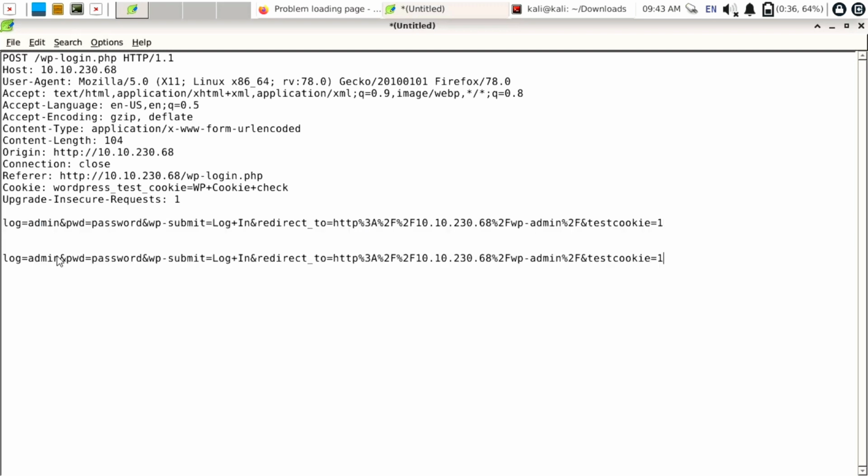Okay, paste it below. Now instead of admin use here user flag. So use here cap user, and for password use cap pass. We are just adding a pass, so Hydra will try our given values here. Set flag for password as a pwd. Okay, we have set up the flag.